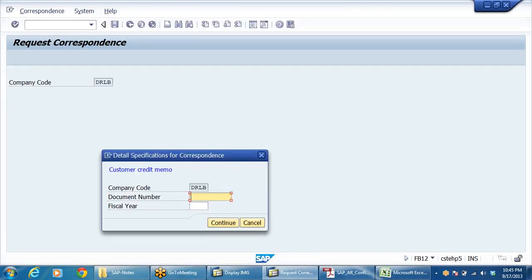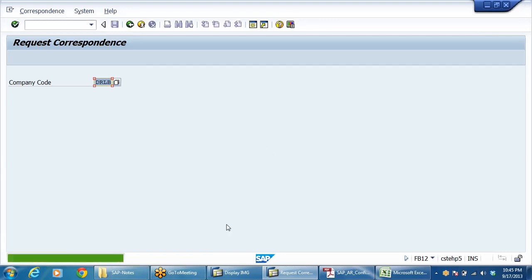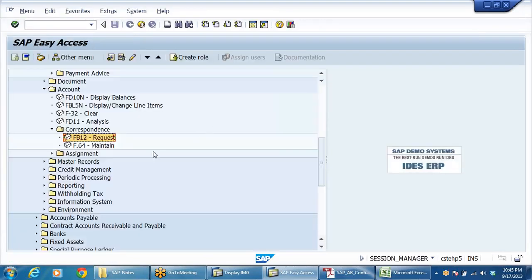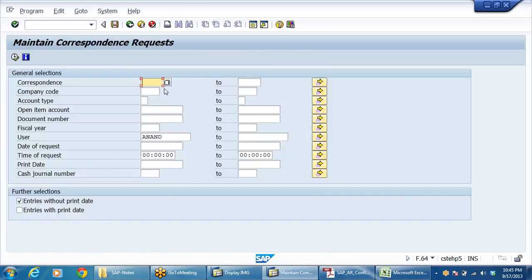It will ask you what is the document number. So that's the reason I have copied it. Fiscal year 2013. Just continue. Maintain. Company SAP. Now SAP 11. Correspondence SAP 11. Company code DRLB. Just execute.